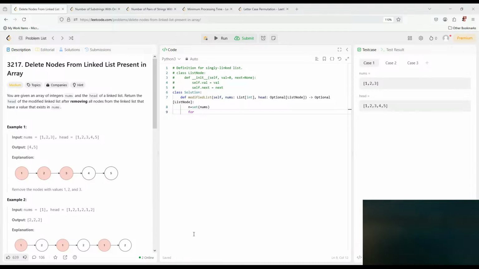And so we assign some value to head, while current next, if